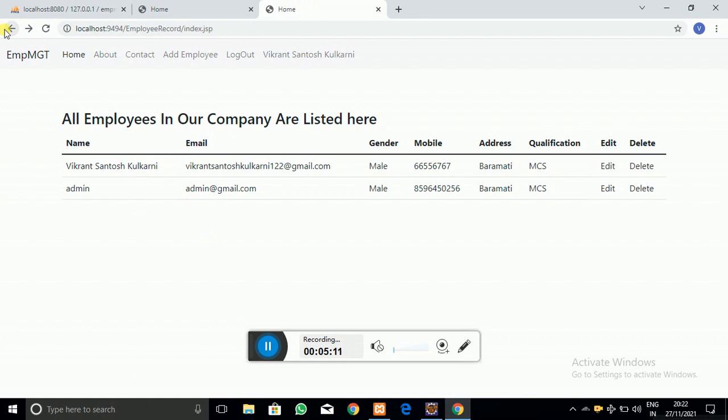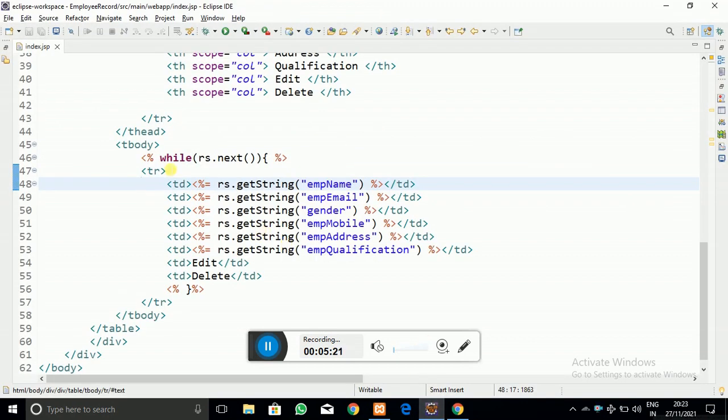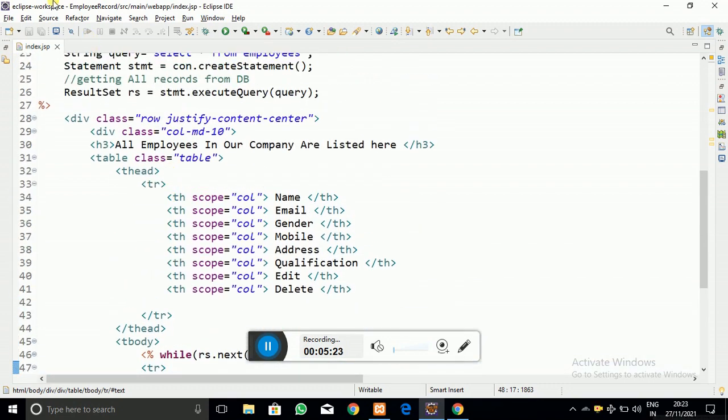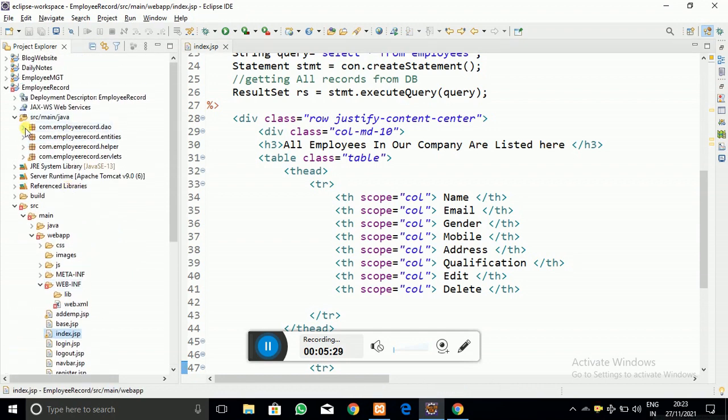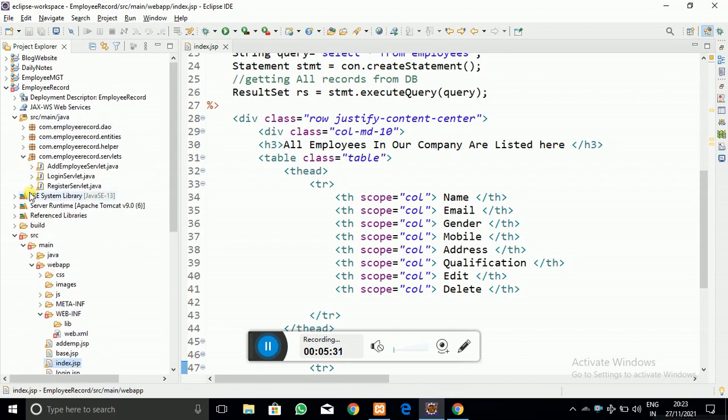But after adding the data, we have to navigate to the index page so that we can see the data that got added. For that purpose, I have to change some code. So let me go to the servlet that we have created, which is the add employee servlet.